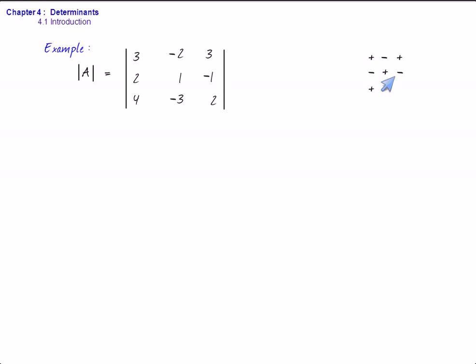So let me expand it with R1. You take the first element of R1, that is 3, positive 3 of course, with plus sign. Delete the row and column through this A11 or 3. So you are left with 1, minus 3, 2. And minus times the second